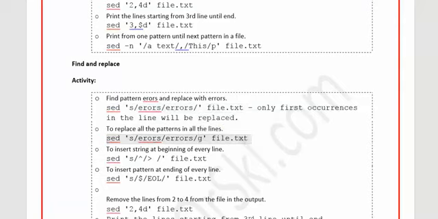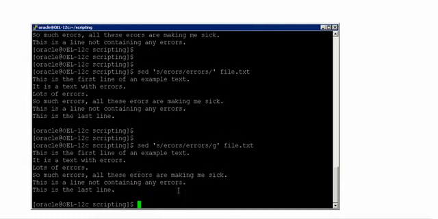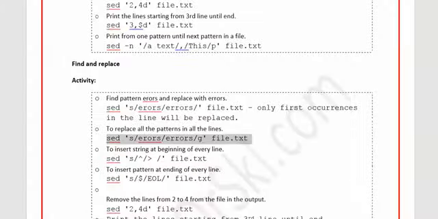Now if you use g, what happens? See, even this one, ERORS, will also be corrected. See here, this is corrected and also this is corrected. That's the reason you would possibly find, in your projects or in any scripts, if somebody uses sed and wants to search for some expression and replace it with another expression, they would basically use g. The g tells sed to replace all the occurrences it finds throughout the file. But if you don't say g at the end, it will only replace the first occurrence in each and every line. That's how it works. So let us go ahead now.